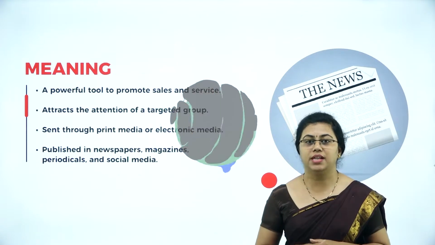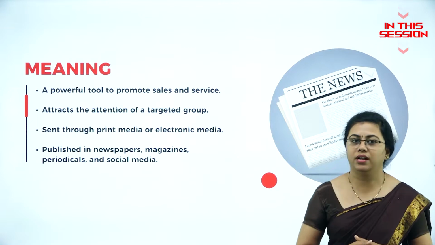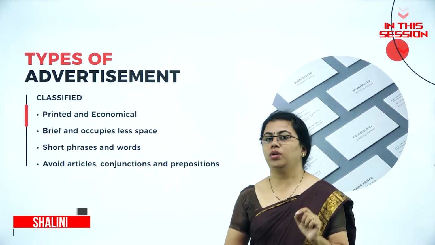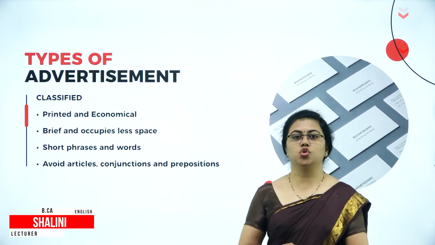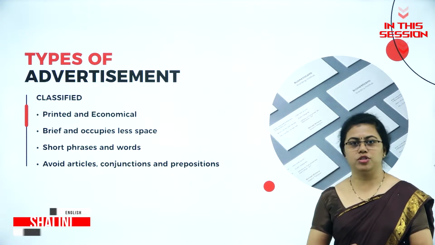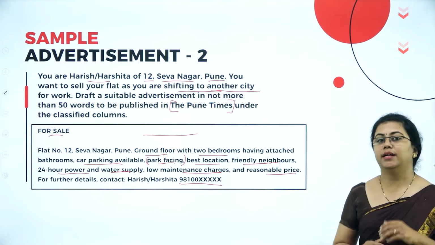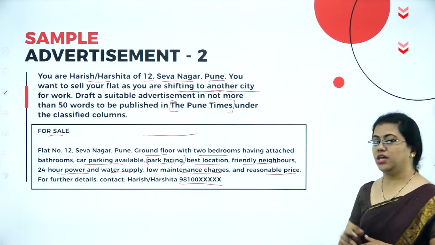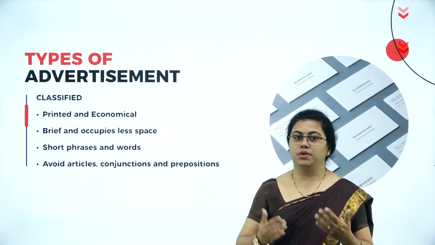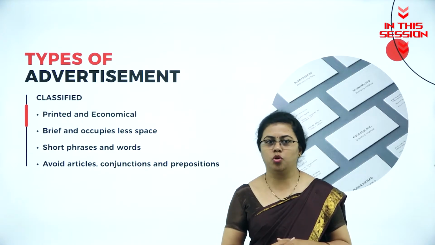Your group is targeted, your audience is actually known to you. Based on that, you create advertisement. Whatever is required, only that much you will be speaking. So number of words is less and the space occupied will also be less. You are specifying the mobile number and that person might call up and ask for the rates. Wherever possible, you can avoid the articles, conjunctions and prepositions is what I mean to say.